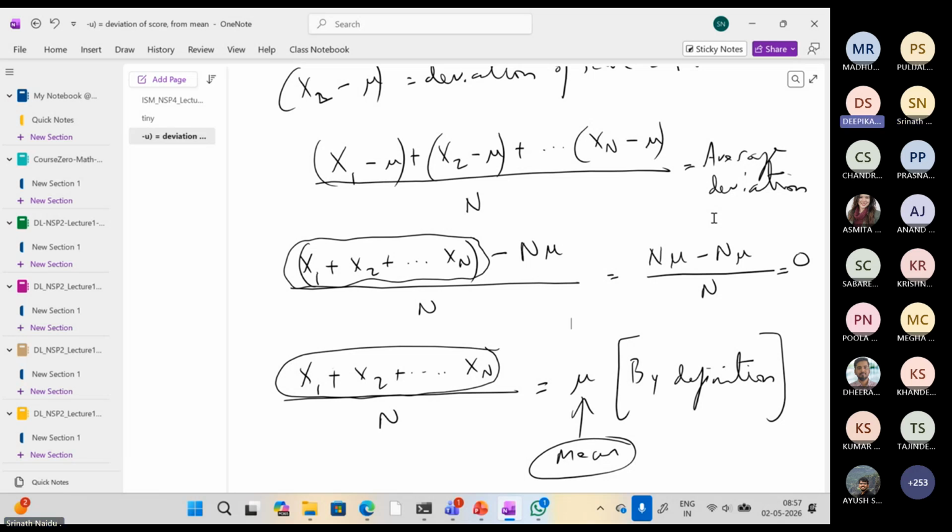Yes, sir. Understood. Thank you. Okay, and then we said that this is an inadequate measure because no matter what set of numbers you have, the average deviation will always be zero. But then one of you came up with this idea, instead of positive guys canceling out negative guys, which is the crux of the problem, why not we look at this? So one idea that we have,